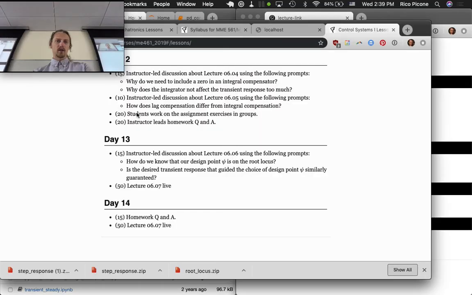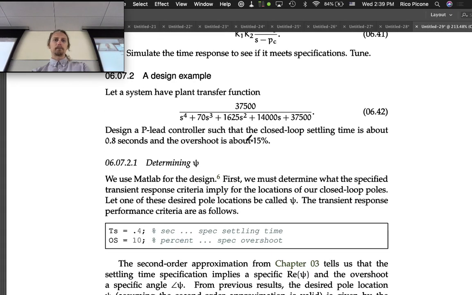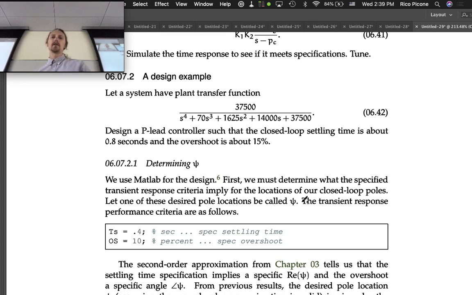Okay, so 6.2 design example. Let the system have this plant transfer function, fourth order. Design a P lead controller such that the closed loop settling time is about 0.8 of a second and the overshoot is about 15%. So that's our